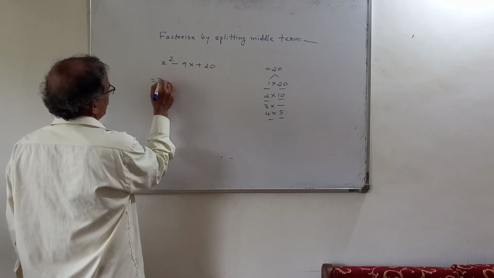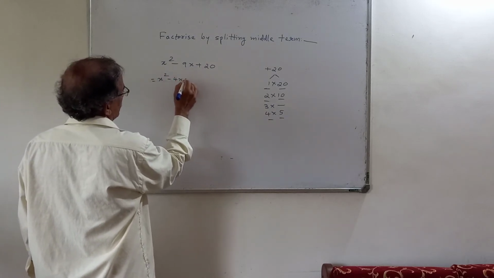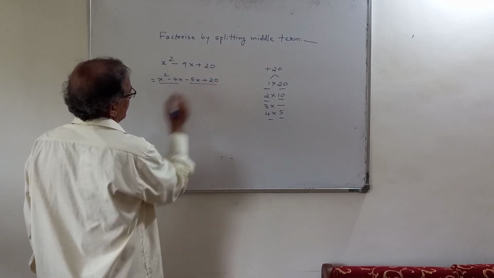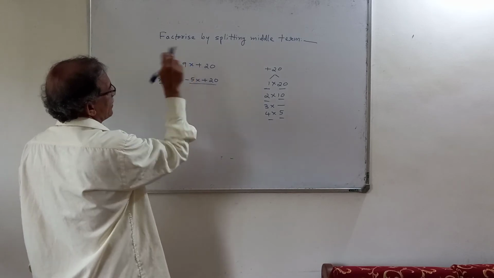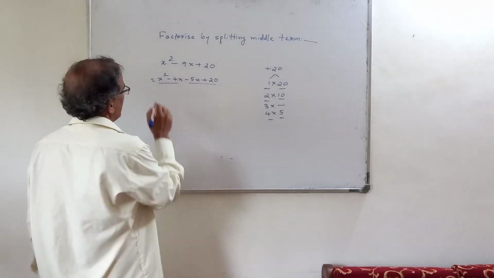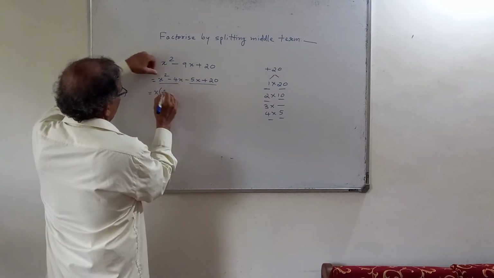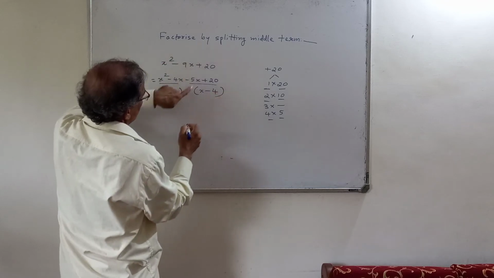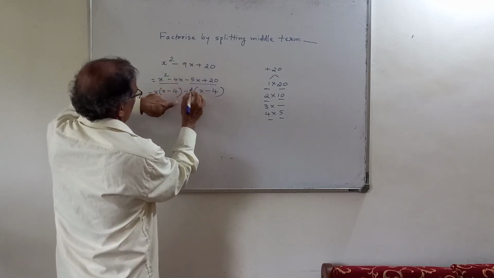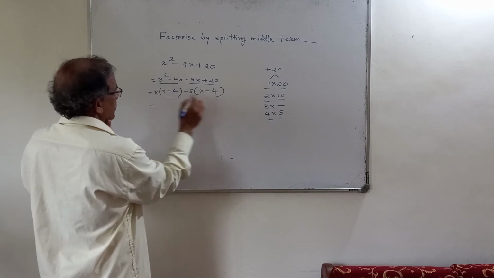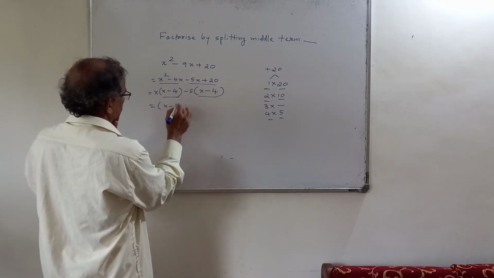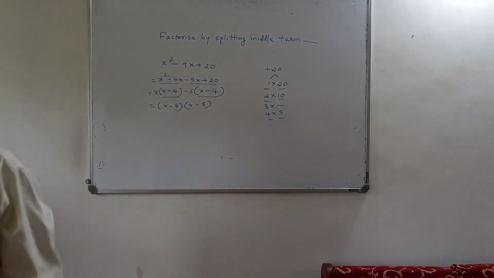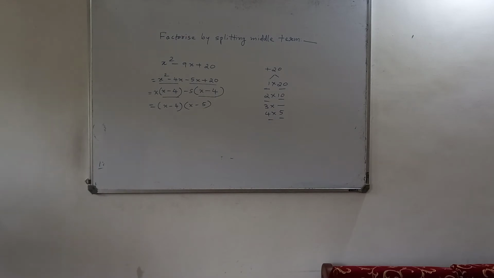So now x square minus 4x minus 5x plus 20. So this is one part. See, minus 4x minus 5x, so totally it is minus 9x. Now that is x we take. What is remaining here now? x minus 4. Here, put directly x minus 4. It is 5x, so x into 5. This is minus. So this is common now, x minus 4, and here it is x minus 5. These are the factors. I shall give you still more examples now.